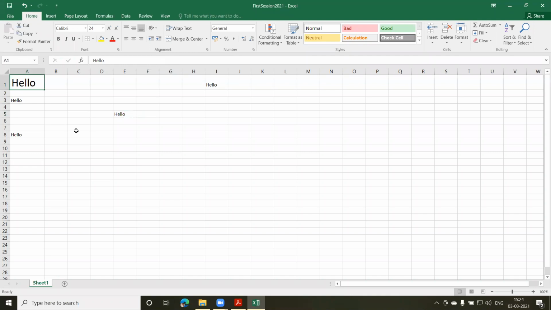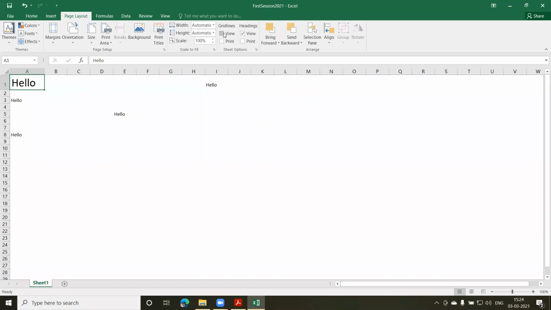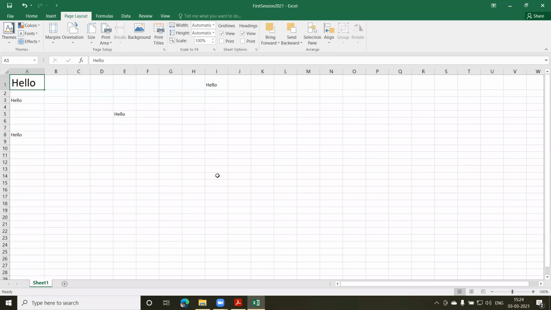We also have a checkbox. Now for checkbox, I think we don't have a checkbox on this home tab. Let us go to the page layout. Yeah, fine. Here it is. Now if you look at the sheet, you'll find the grid lines. Suppose I do not want the grid lines to be there. So under grids, I just click on this and you can see my sheet has become a plain white sheet without any lines in it. Now this is your checkbox. So I can click it back, and I'll get the grid lines again.